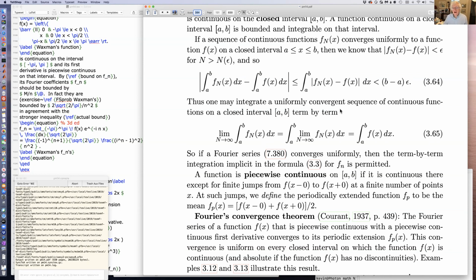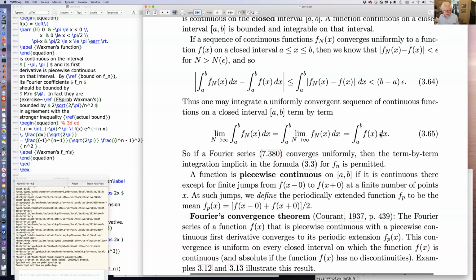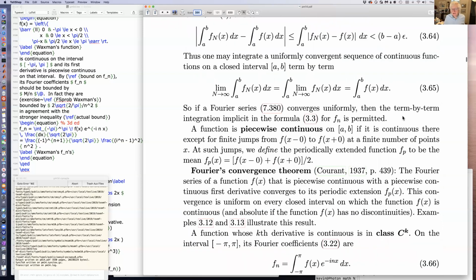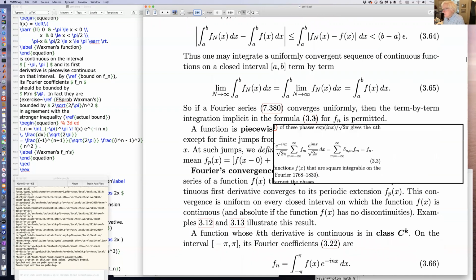So if you have a uniformly convergent sequence of continuous functions on a closed interval, you can integrate term by term. That is to say, the limit of the integral of f sub n is the same thing as the integral of the limit of f sub n, and both are equal to the integral of the function that's being approximated. So if a Fourier series converges uniformly, term by term integration is implicit,